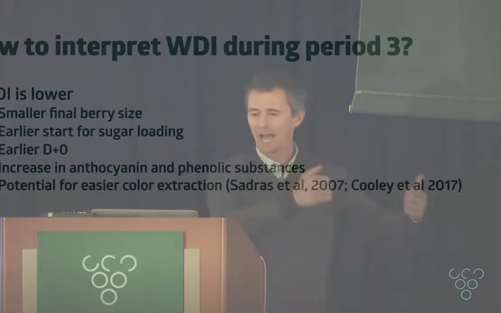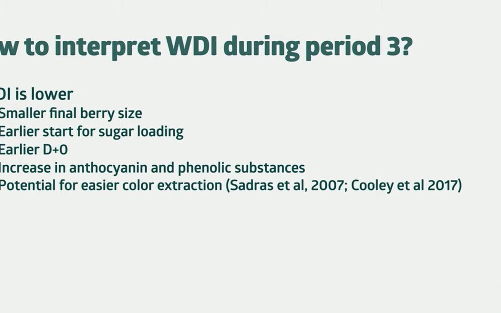So the goal now is to analyze sequentially the water deficit index during the 3 periods I have defined that are relevant for fruit composition effect, understanding from there, and predicting the relationship that water deficit can have onto fruit ripening. So let's dive into it. And first, I synthesize what's in the literature.